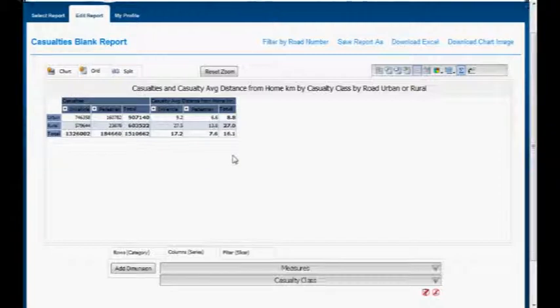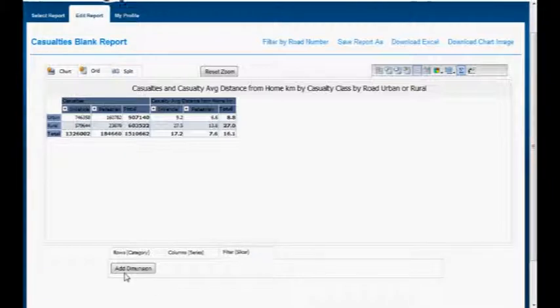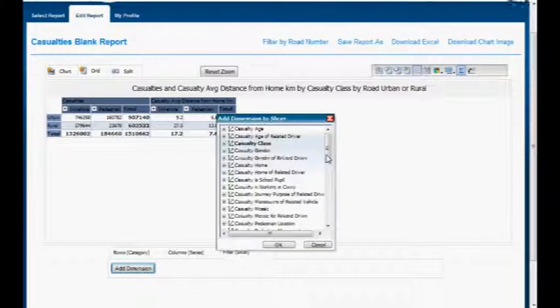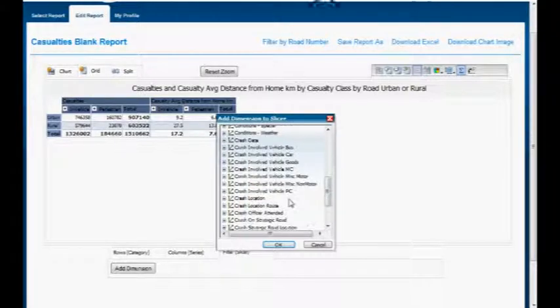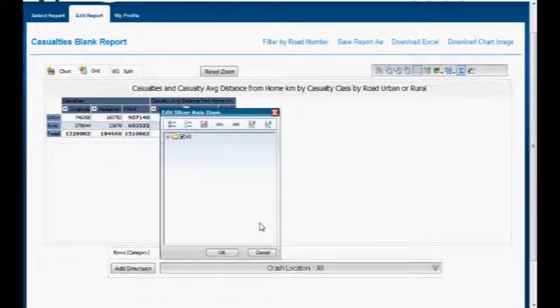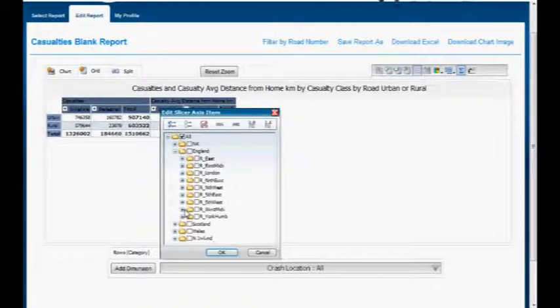in rural areas. But let's have a look at how dramatically this changes depending on what part of the country we look at. Let's suppose I wanted to look at a relatively rural and relatively isolated part of the country. I'm going to go onto the filter tab, and I'm going to add the crash location dimension to allow me to filter by where the crash occurred. There we are. And I'm going to take as an example the Devon and Cornwall Police Force area. If I filter by Devon and Cornwall Police, we're going to see a significant difference in the way that the